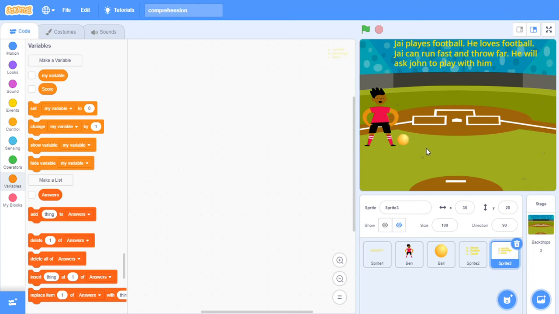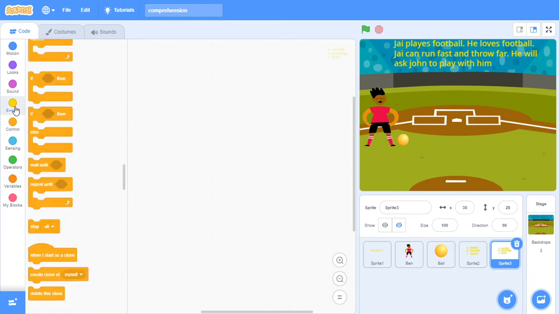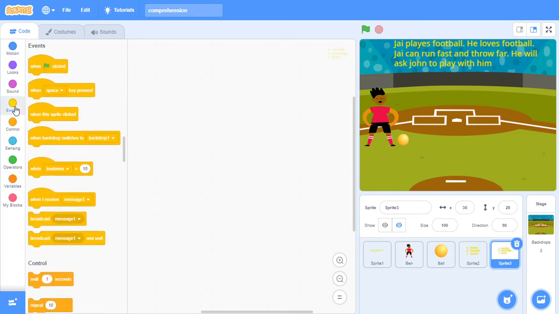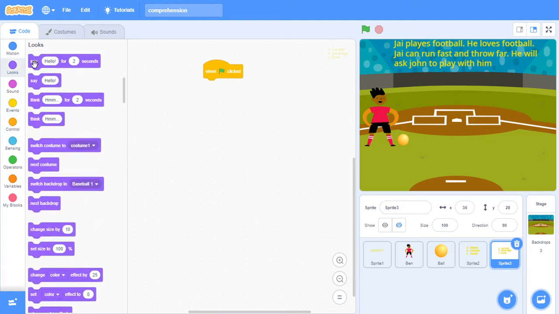Okay. Now we are ready with our sprites. Now we are ready to code. Okay. So I want to start the game when the flag is clicked. So from the events, I'm adding the when flag clicked block. Okay. So in the beginning, I don't want to show the comprehension. Okay, I want Ben to introduce himself and introduce the comprehension and then show the comprehension. So to do that, I'm adding a say block from looks, say